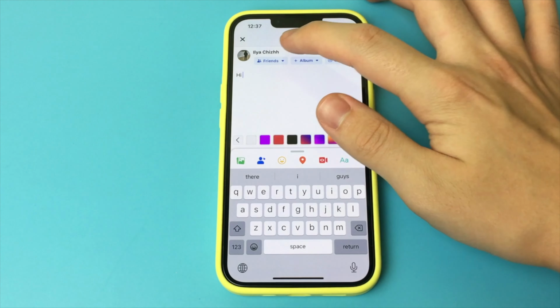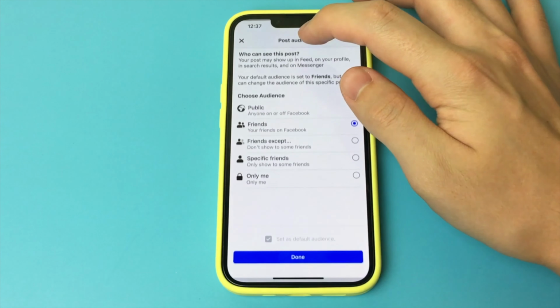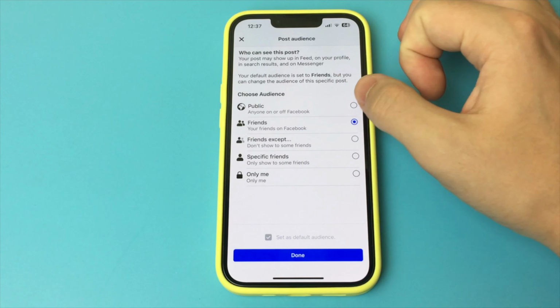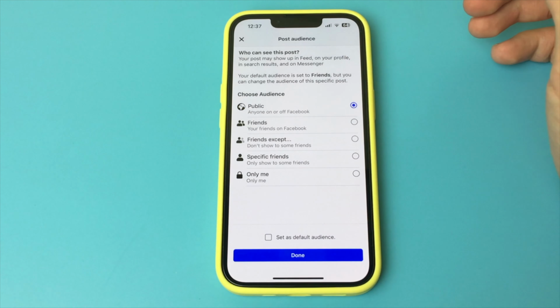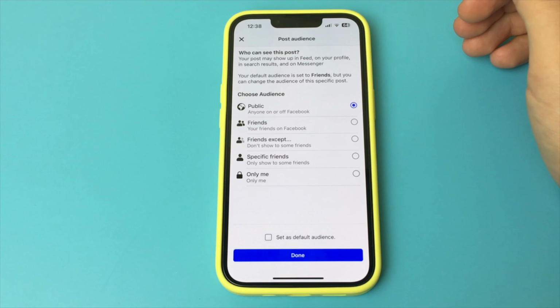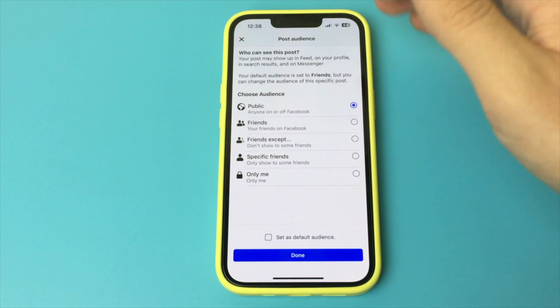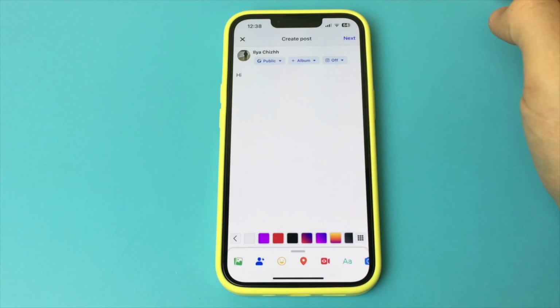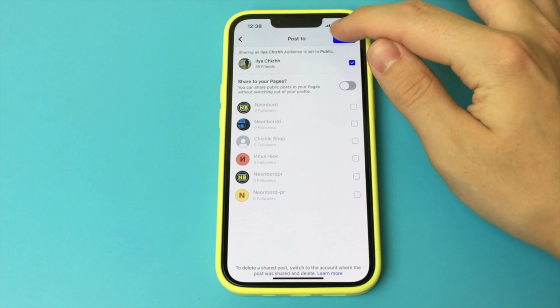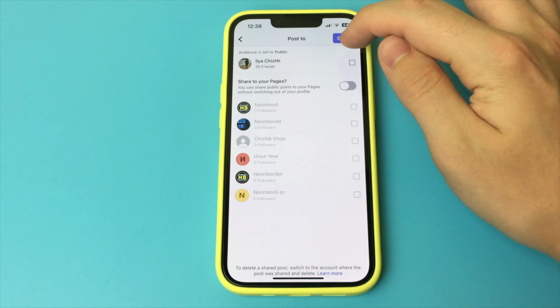You go to Facebook, then you will need to put some post. Let me write, for example, "Hi." Now we will need to click on the button Friends, or here can be written anything, and set the post to public. That is, to turn off comments under the post on Facebook, your post must be published publicly, that is, in general access. You click done, click next and click share.